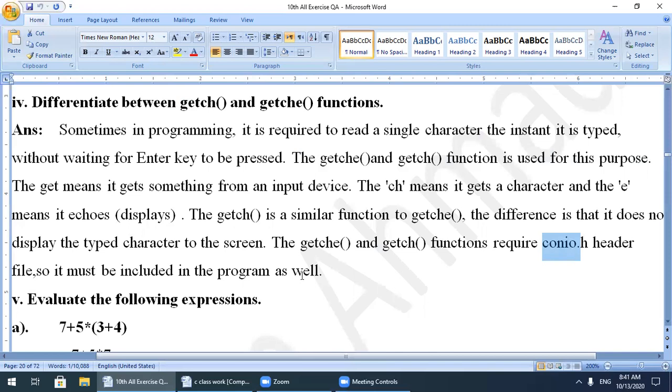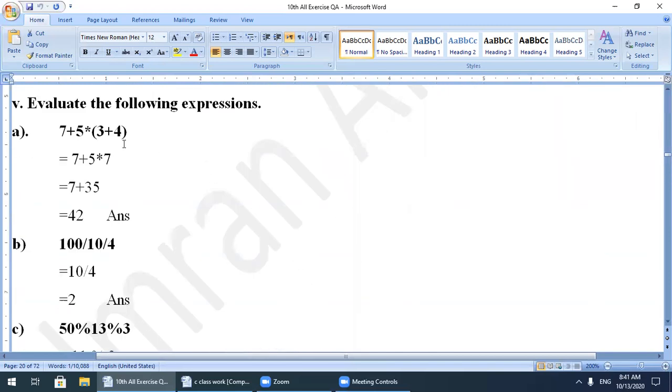Okay, next is evaluate the following expression. Now in mathematics, you think about the DMAS rule: which thing will be executed first? Which operator should be executed first? With the help of the DMAS rule, you can solve any kind of expression very easily.